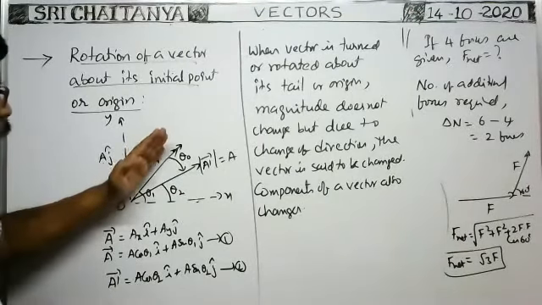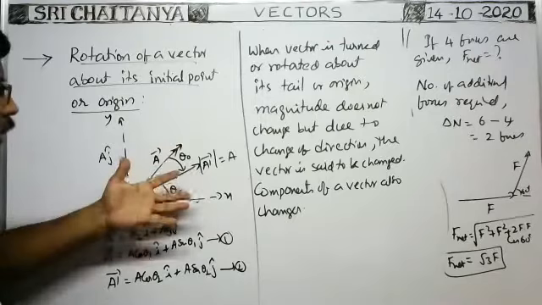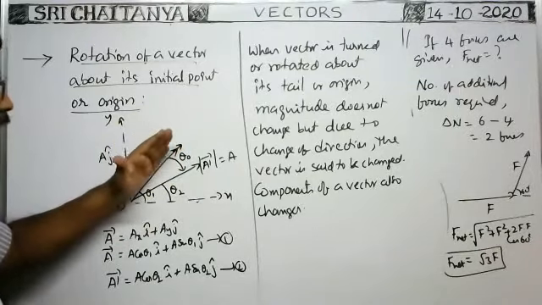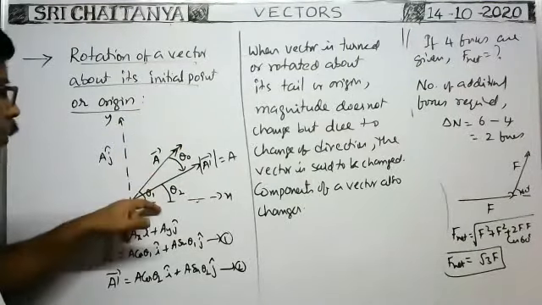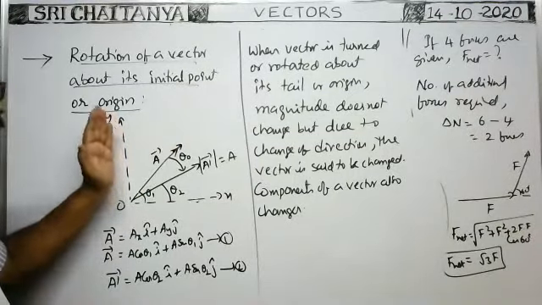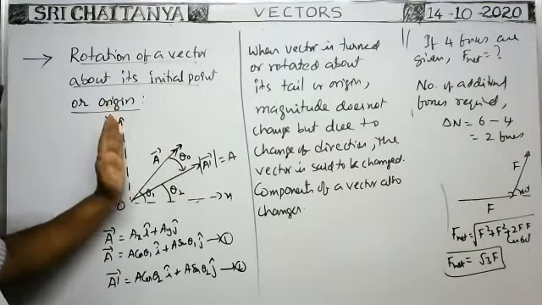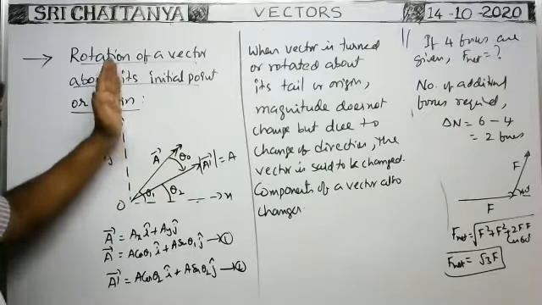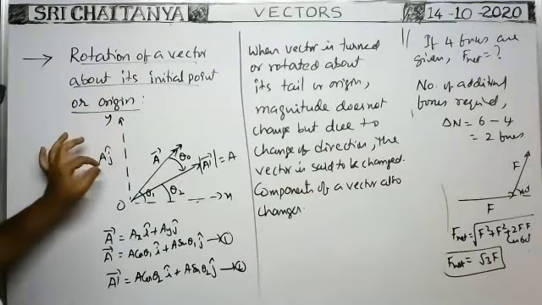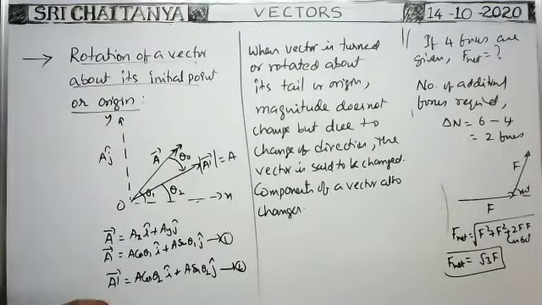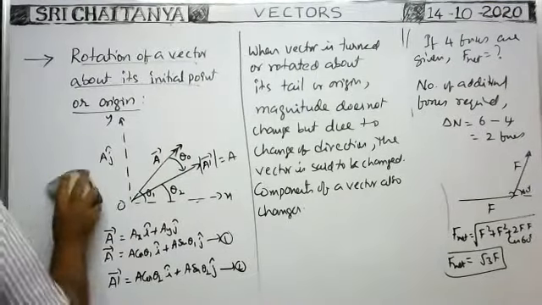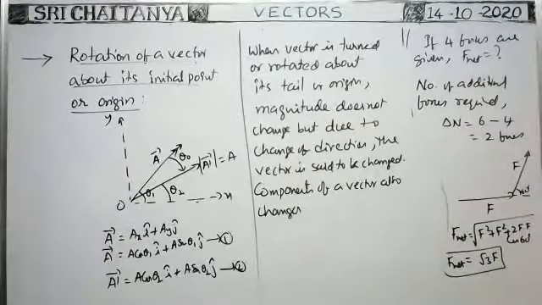Here, the initial angle made by this vector with the horizontal is not given, but a bar is given in vector form, like 2i cap plus 3j cap. Then we can find the angle made by this vector with the x-axis. So this angle is known. Suppose it is 60 degrees and the given vector is turned anti-clockwise through 30 degrees. Now the direction of the vector is along the y-axis. In such a case, the magnitude does not change due to rotation, but the direction becomes along the y-axis. That's why a j cap is the new vector. Instead of a dash, we can write directly a j cap. Of course, I am telling this for this example, not always. So this is one important point.